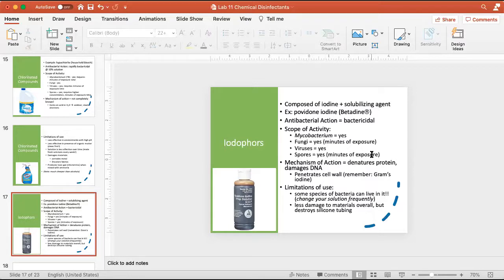It'll denature protein and it'll damage the DNA. Now, as far as limitations of use, I'll go to the second one first. It's less damaging than the other classes we've talked about. It's less damaging overall to materials, but there's one kind of material you really can't use povidone iodine on, and